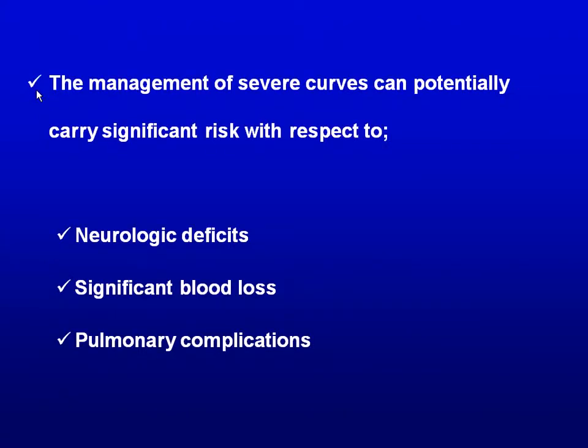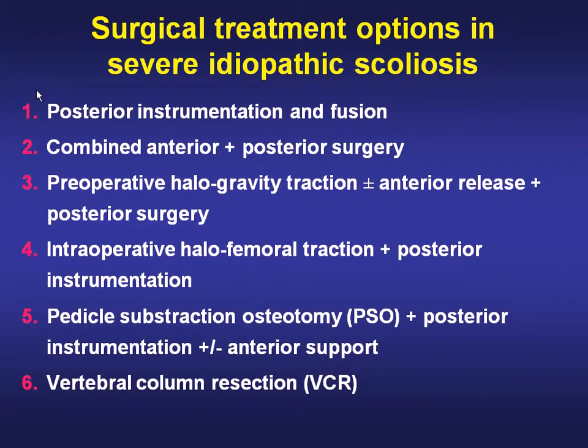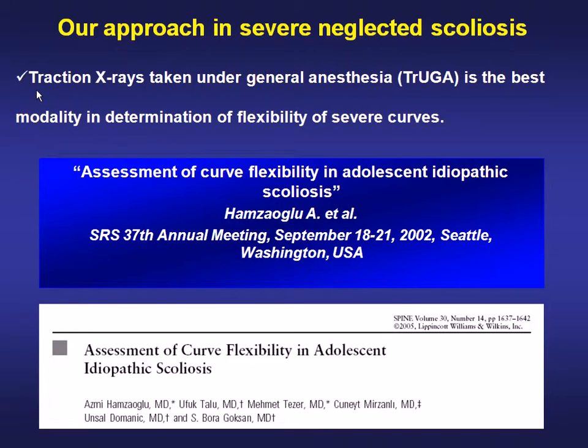The management of severe curves can potentially carry significant risk with respect to neurologic deficit, significant blood loss, and pulmonary complications. There are several surgical options. Those are posterior instrumentation, combined anterior-posterior, preoperative halo-gravity traction, intraoperative halofemoral traction, pedicle subtraction osteotomy, and vertebral column resection. And in our experience, traction X-ray under general anesthesia is the best modality in determination of flexibility of severe